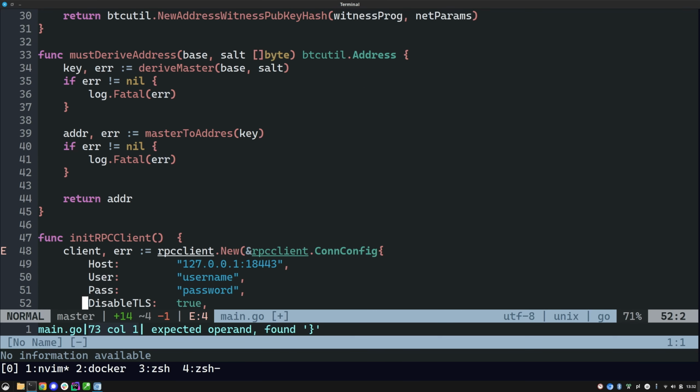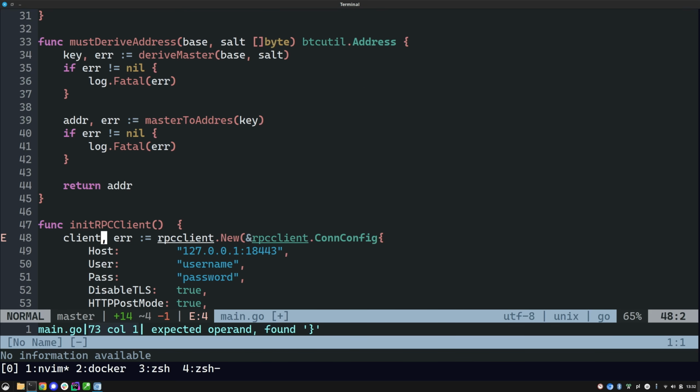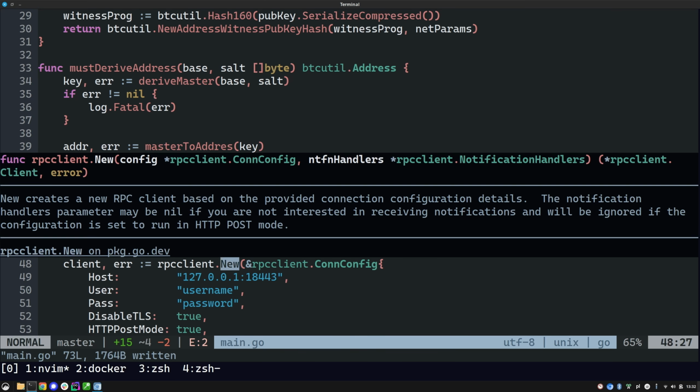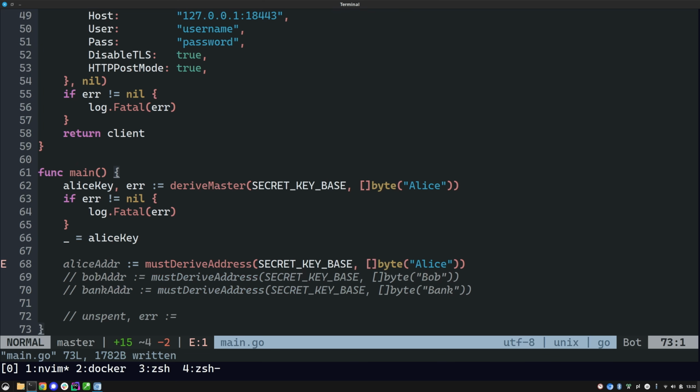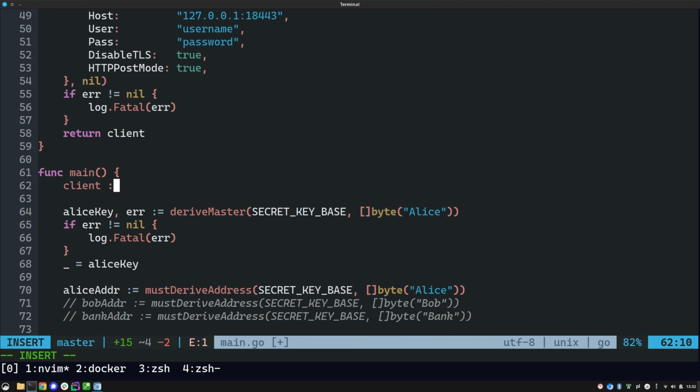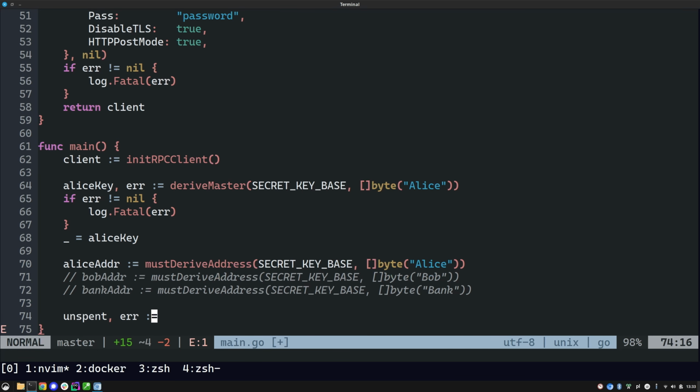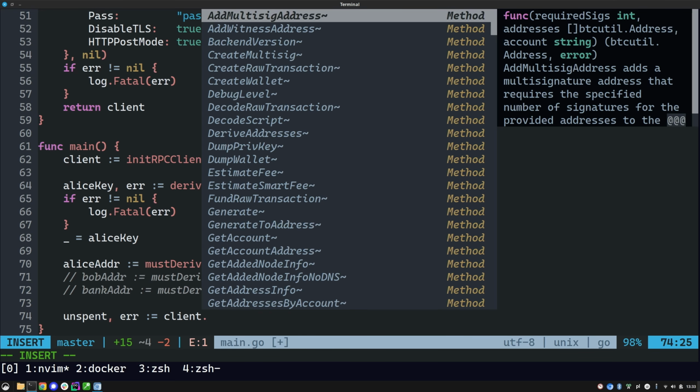Okay, we have an error, so I need to import this library, and it's going to return a pointer to rpcclient.Client. So rpcclient.Client, great, and I'm just going to initialize it here. client equals initRPCClient, and then in here we can fetch client.ListUnspent,